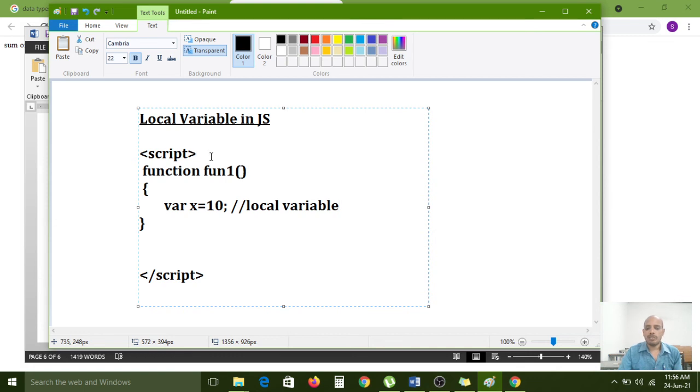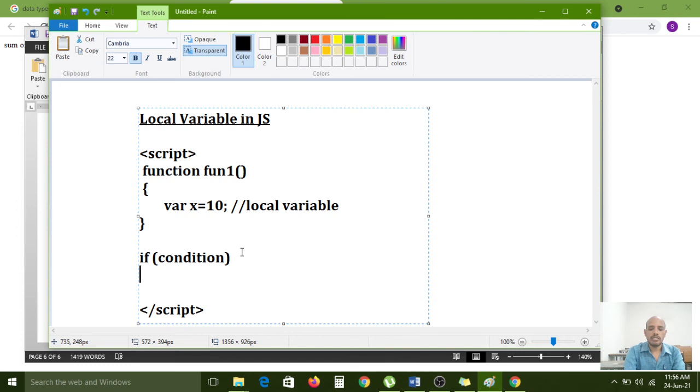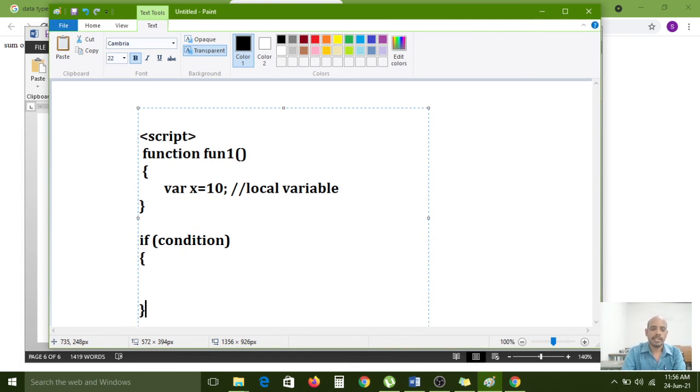And if you want to define the x variable inside a block, nothing but an if condition, with whatever condition you have configured and opening and closing brackets, and here also x equal to 10, if you declare it like this, this is also called a local variable in JavaScript.